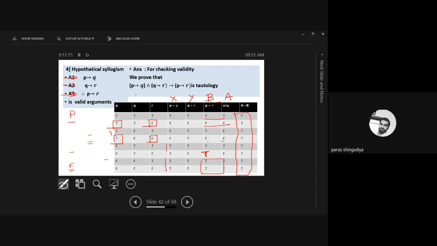Okay, state and prove the method of Denning. State and prove the dilemma. Because there are 8 different types of well-known arguments with 8 different names. Clear? So it is confusing which data we consider for this particular method. Clear? And it's very easy to remember also. If you get practice, then it's very easy. Otherwise, this type of question will be in the form of checking whether the following data is valid or not. Data will be mentioned. The A1, A2, A3 will be mentioned in the question. You just predict the formula first, and then derive the table.